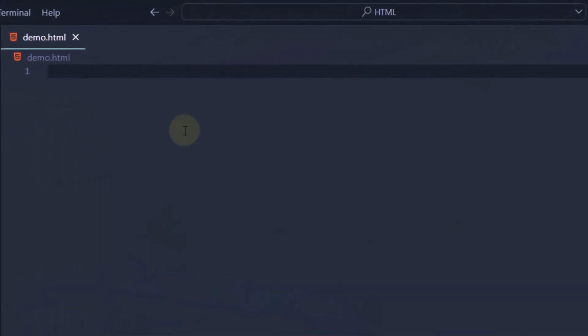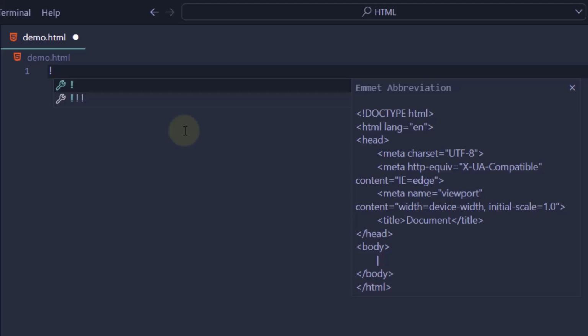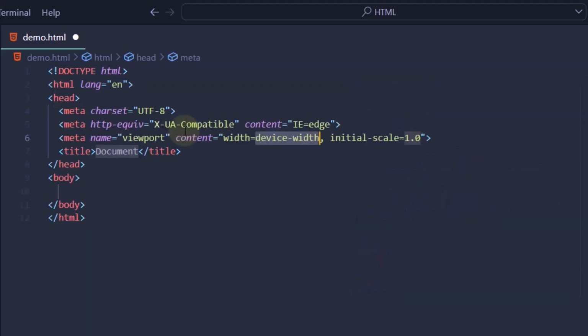Then simply type in Shift+1, which is going to give us this exclamation mark, and then hit enter. Now this is going to generate this boilerplate on my screen. Now we're going to go through all of the elements within this boilerplate and tell you the purposes of all of these elements. So starting off from the top, we have the first element, and inside that element we have the doctype